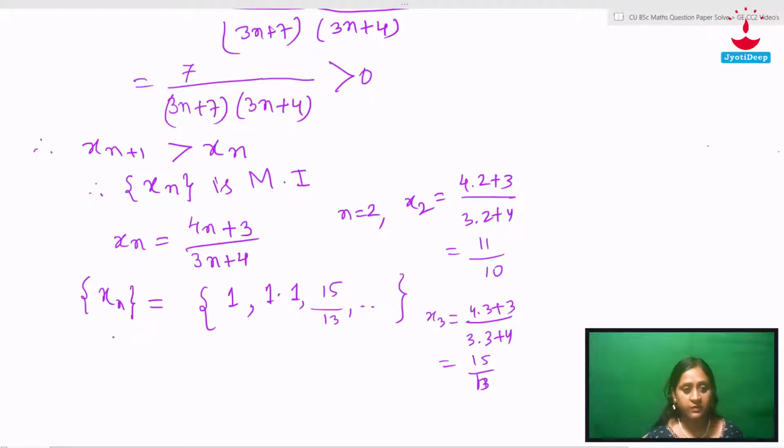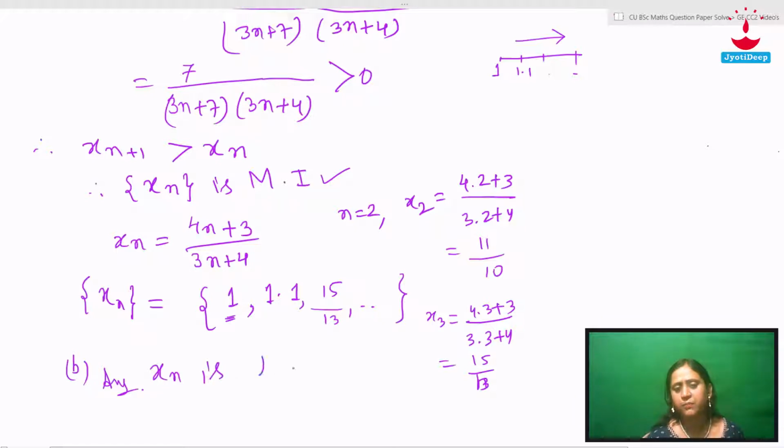So, the answer for number B will be, sequence xn is monotonically increasing and it is bounded below. Okay, because the number 1 is the lower limit and it is increasing in this direction. 1, 1.1, like this. Okay, so xn is bounded